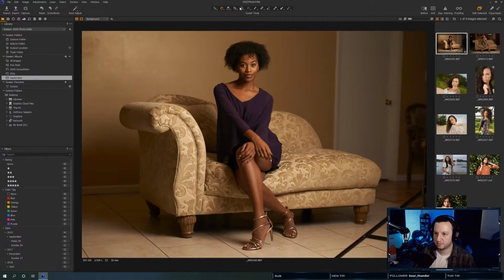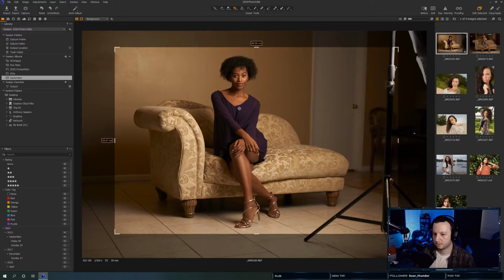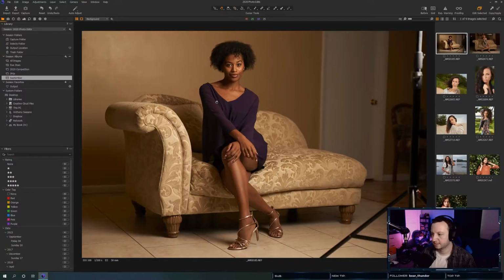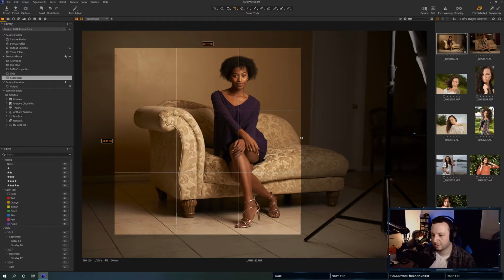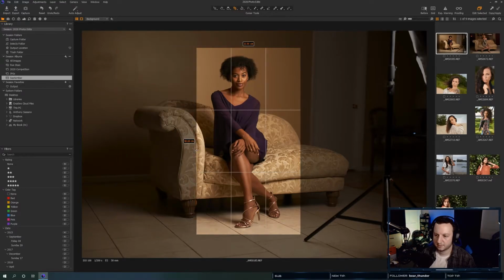Go a little bit more that way. See, now I'm gonna have to remove more stuff over here. But I'm thinking this comp is better. So the other option would be to do a straight vertical comp. So we come in here, come in here.